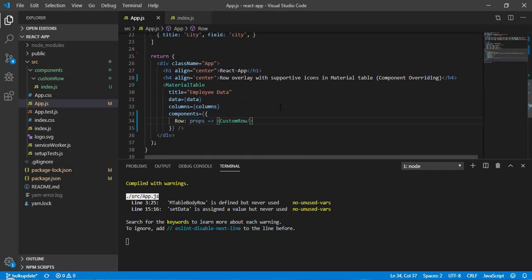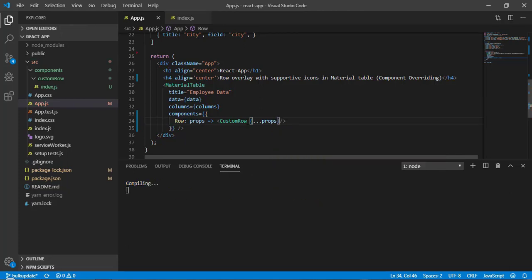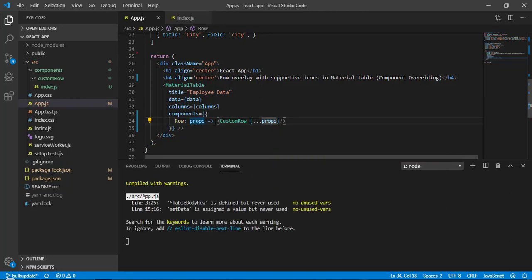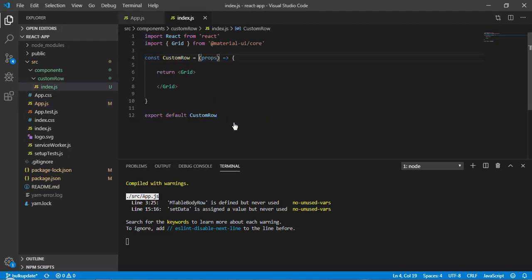And now here what we have to do, whatever props we are getting we need to pass to this one, okay. So here I will write spread props, okay. So now whatever props I am getting I am passing to the custom row component, and now here I am getting the props, and let's paste whatever I have copied.